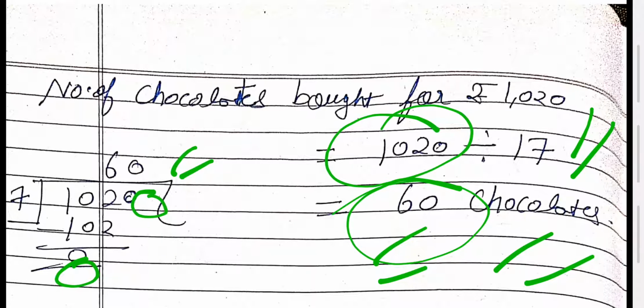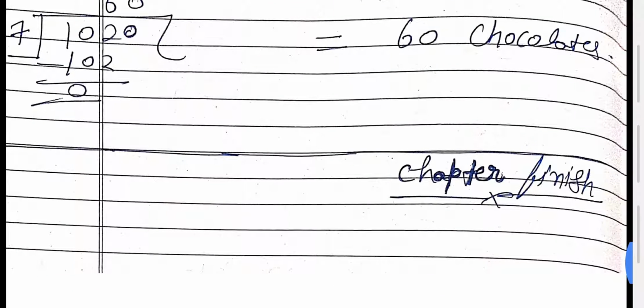Okay. Hope all of you understand your answer. Your chapter is finished. Now we have completed two chapters, chapter number 1 and chapter number 2. Now before starting the third chapter, I want to check all of your work. So all of you send your work in a PDF file after completing these 2 chapters with your name, your class and section. Okay. Then we will continue on our next chapter.